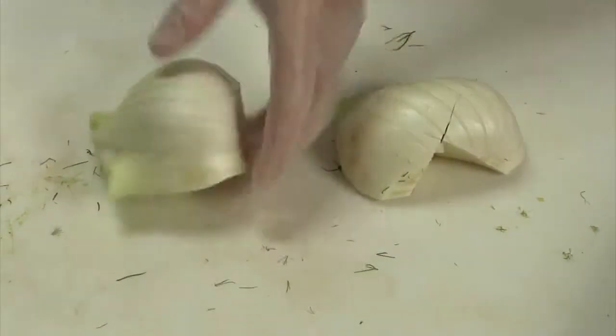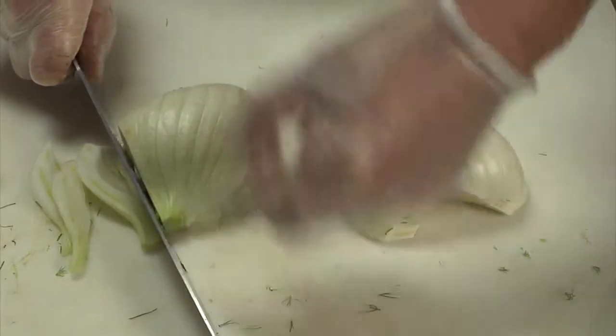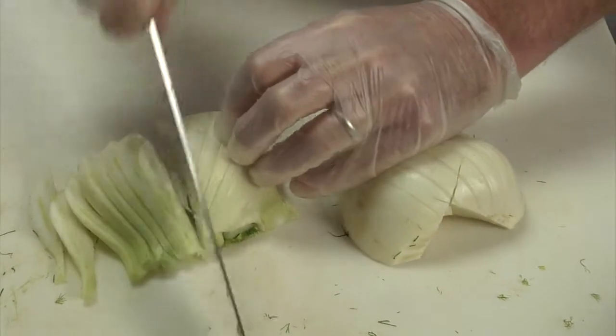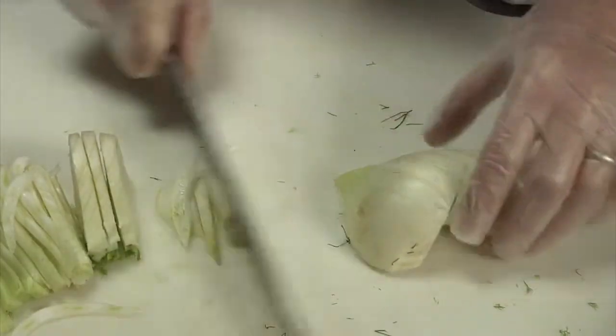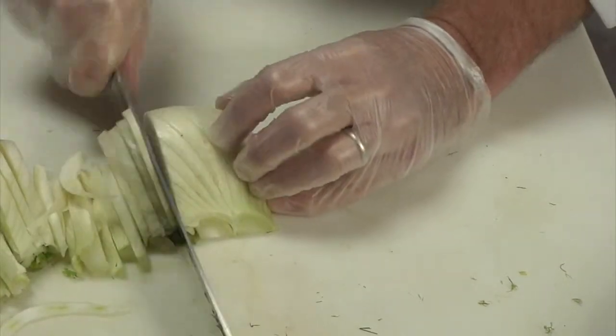And then once that's done, this angle's best because the fibers run this way, like a stalk of celery when they run upward. So just cut it into thin slices this way. And you're going to, the rest of the ingredients, we're just going to lay it onto